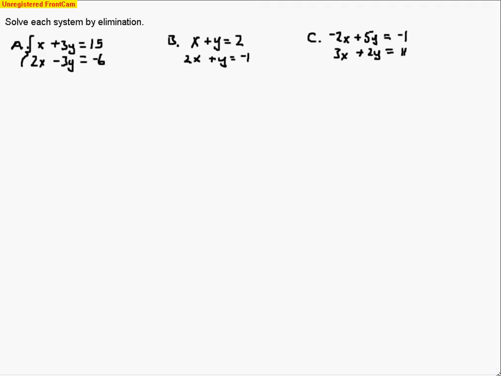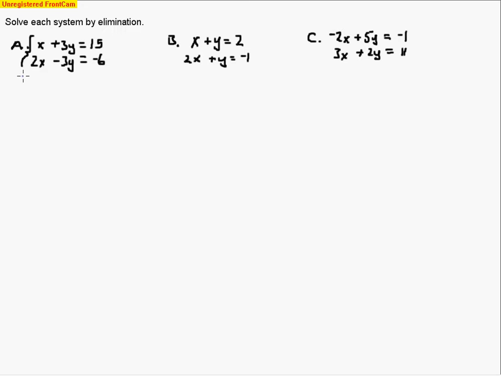Today we are going to solve systems of equations by elimination again for the second time. So let's take a look at the types of problems that we'll end up seeing. Here is a problem in which we have x's and y's lined up, and constants are lined up as well. This is the type of problem that we want to use elimination for, especially this problem, because all I'd have